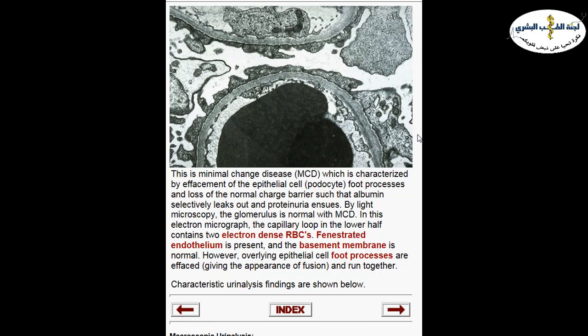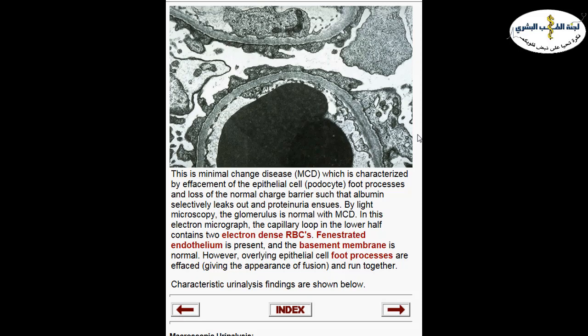Now, what do we mean by nephrotic syndrome? Usually we divide patients who come complaining of renal glomerulopathies into nephrotic patients and nephritic patients. Nephrotic patients come complaining of edema. Generalized edema starts in the periorbital area mainly, and then becomes diffuse and generalized. If you check their urine, they will have proteinuria, loss of protein, especially albuminuria. If you check their blood, they will have hypoalbuminemia because it's lost in the urine. They will have hyperlipidemia and many other things. So this is what we mean by nephrotic syndrome.